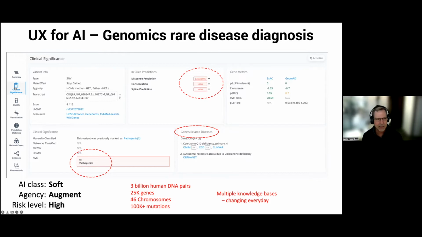And let's see, in this screen, yeah, it's telling you it used the UCSC browser, it used gene cards, it used PubMed, and it used WikiGenes. So those were completely different knowledge bases from which it could draw the conclusion that there's a relationship between this particular mutation in your multiple billions of DNA pairs and cancer. And again, the databases, the knowledge bases are being upgraded every day. Articles are refuted, new data. And this is just for finding rare diseases.